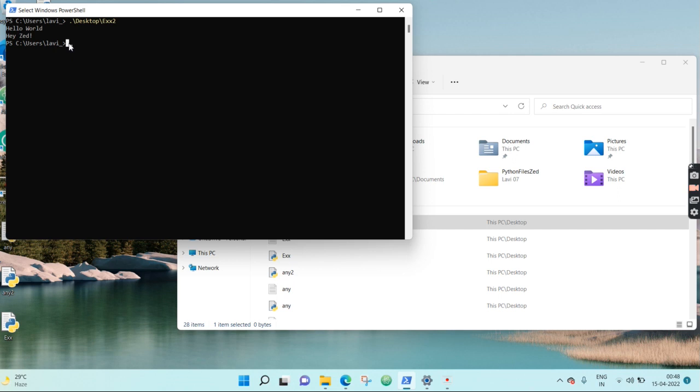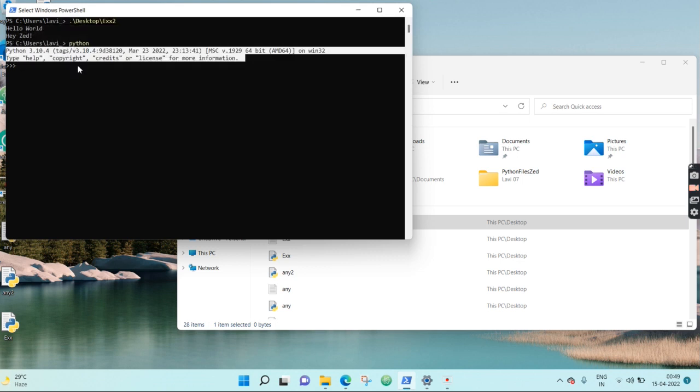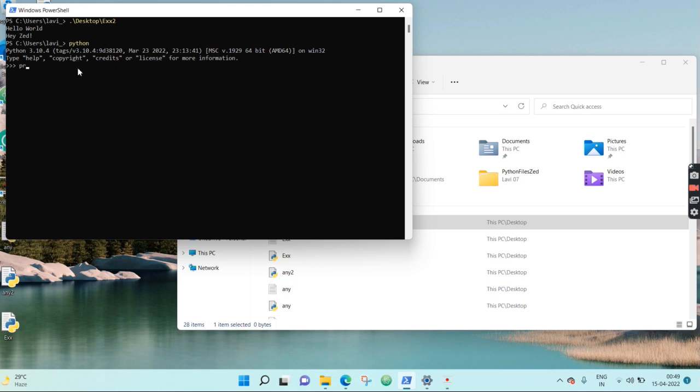Now the second way Python works is just type Python over here after installing your Python software to check whether it's properly installed. If you enter, and if you get this kind of a detail stating the Python version and all, it's running. You can directly give a code here like print 3 plus 3. 6. See,